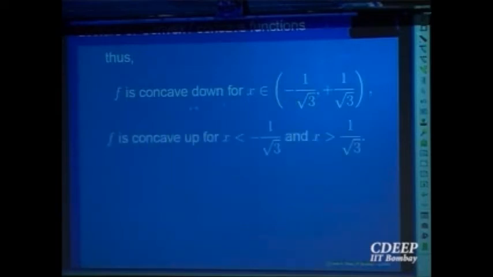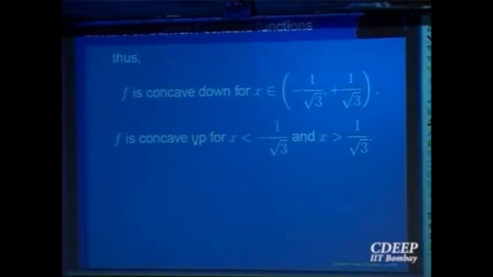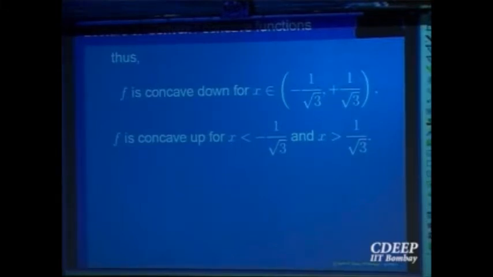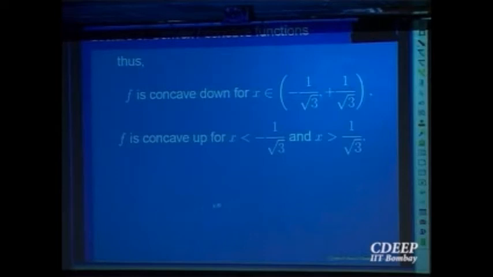portion, on the left of minus 1 over square root 3 or on the right of 1 over square root 3, the second derivative is positive, so it is concave up in that region. So basically find the second derivative if the function has a second derivative. If it doesn't have one, you can't help it. You have to apply only the first derivative, or if nothing is possible, then you have to apply the definition itself, right? There is no other way out if you have no other knowledge about the function. So these are the points of inflection, plus minus 1 over square root 3, right? Okay.